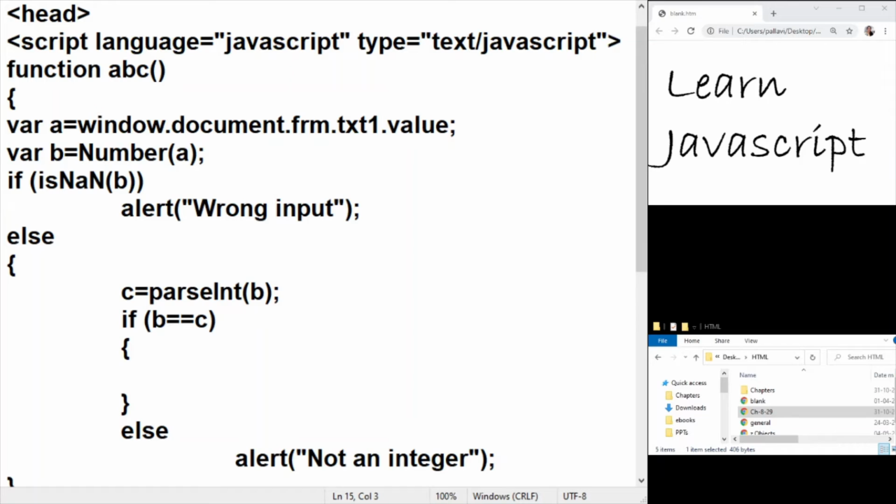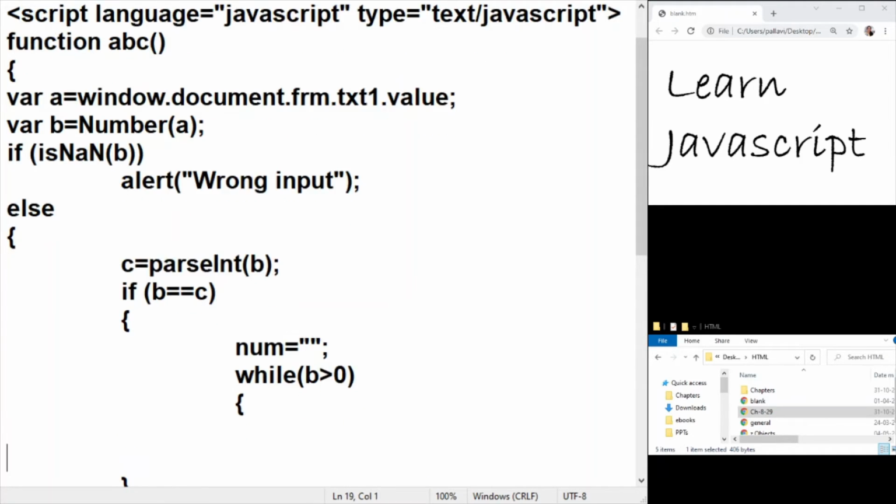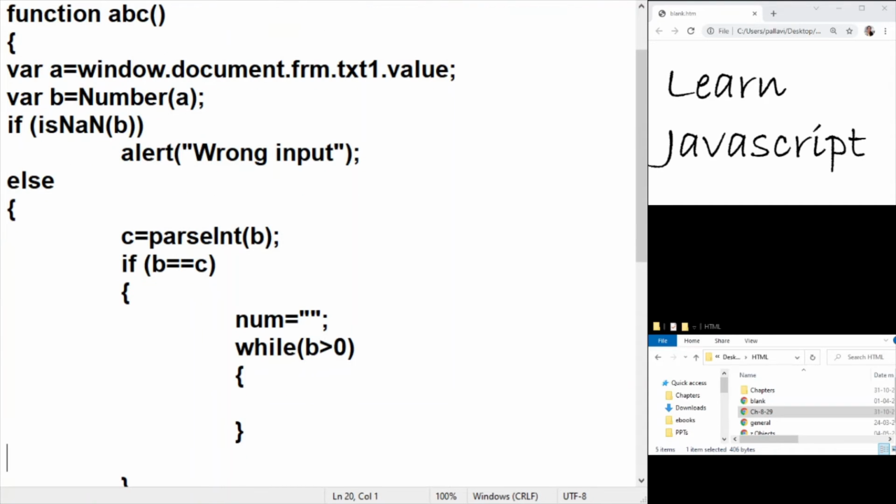So first thing, we will be creating an output. So let me take a string, an empty string. Now, since we're going to extract the last digit, we'll have to keep on reducing the number. So while the number is greater than 0, we're going to execute our logic, that is to extract the last digit and reduce the number. And after we are done with this entire loop, the new number that we would have formed would be there in the variable num. So we'll print it.